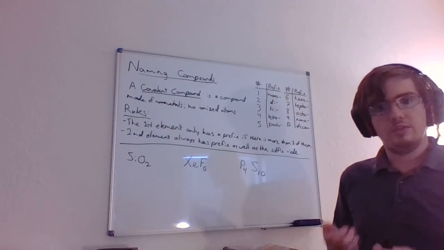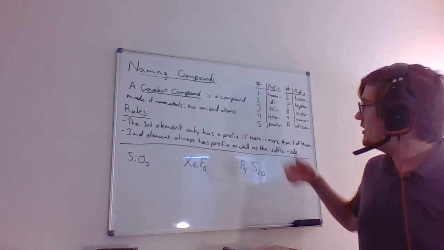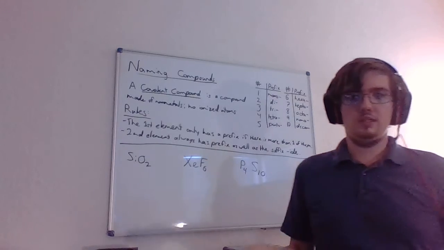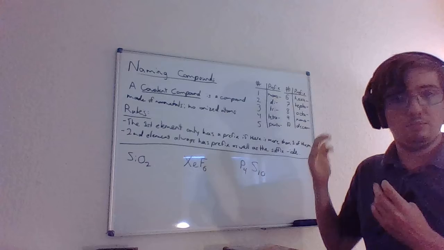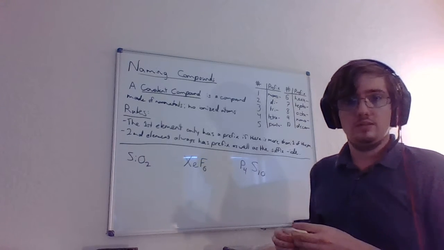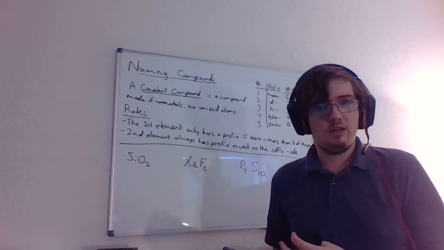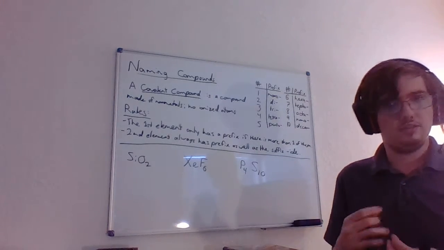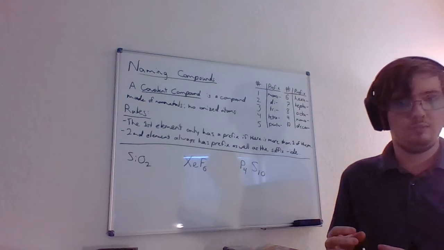So in this part, I'm going to be describing to you how to name covalent compounds. Right? So let's start off by defining it for the sake of this video. A covalent compound is a compound that is made completely of nonmetals. Right? So instead of an ionic compound where electrons are exchanged, which causes them to be ionized, what happens is electrons are shared between them.